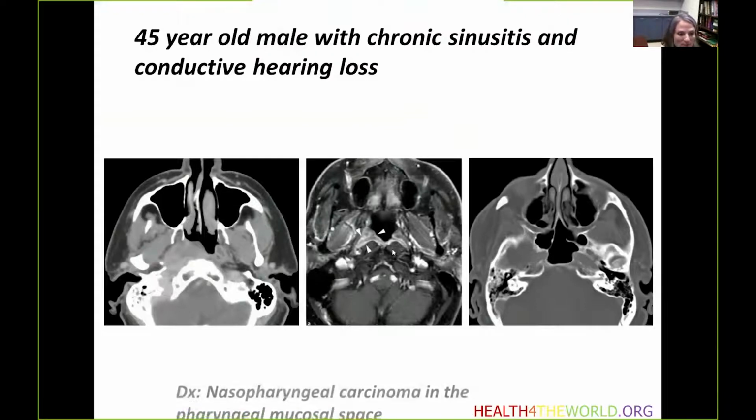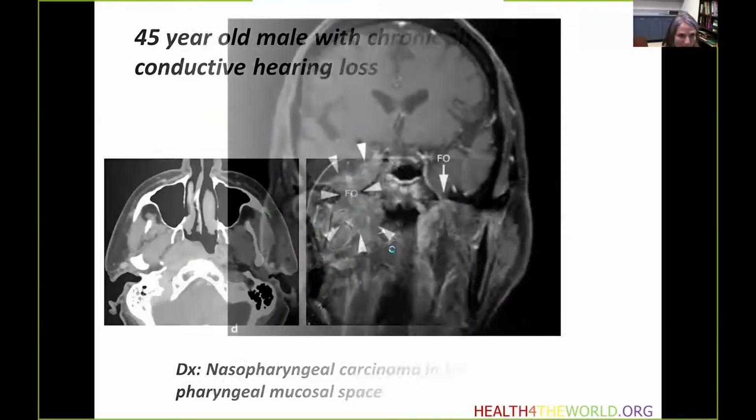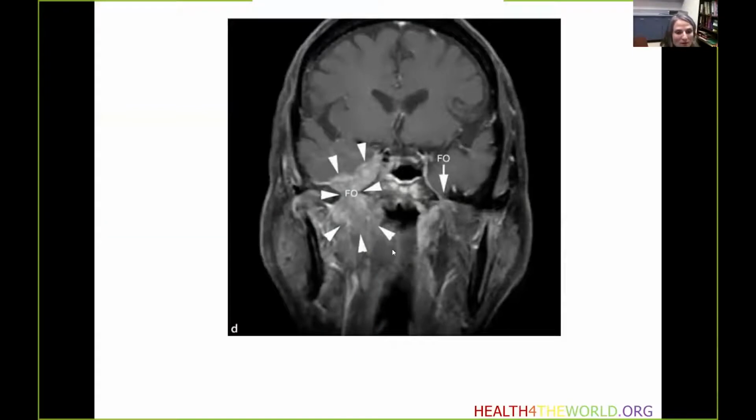So what could this be? This turned out to be a nasopharyngeal carcinoma. And as we remember, nasopharyngeal carcinoma is located in the pharyngeal mucosal space. This is a classic case of this etiology. As you remember, the nasopharynx, as part of the pharyngeal mucosal space, is in direct contact with the skull base. You also remember there are multiple